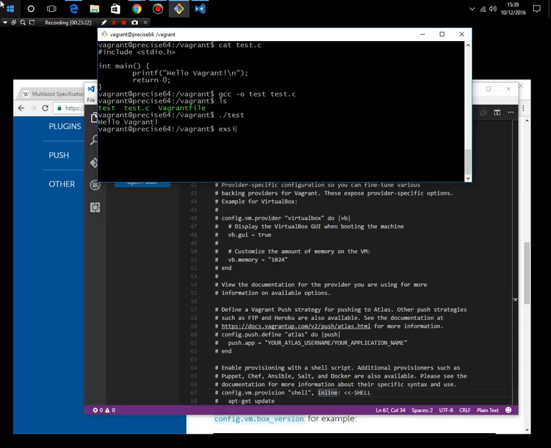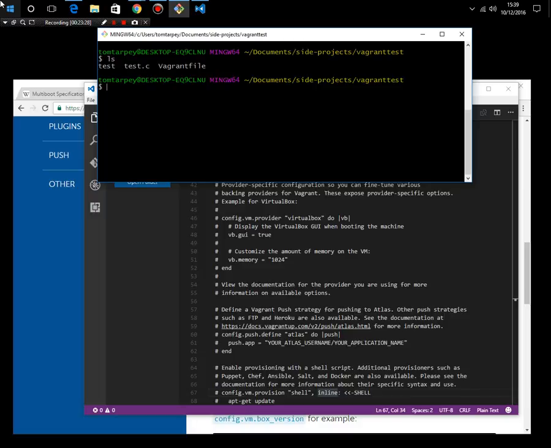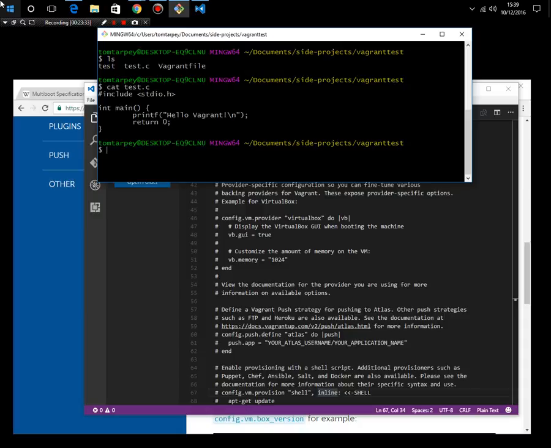Now I'm going to exit out of this. Now that I'm on this system, I'm going to cat test.c and look, it's working in there. Okay. So now we know it actually does do it. There's a few